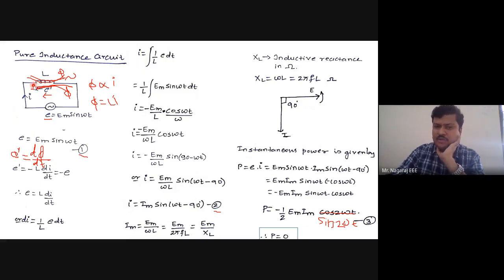Resistance will not store energy. It will receive the current and dissipate it into heat. Whereas inductance will receive the current and convert it into a magnetic field. So the magnetic field is stored there. It is present there, as long as the current is there, there is a magnetic field. So the inductance is known as an energy storage device. All the power given by the source is stored in the form of electromagnetic energy by the inductor. Okay.